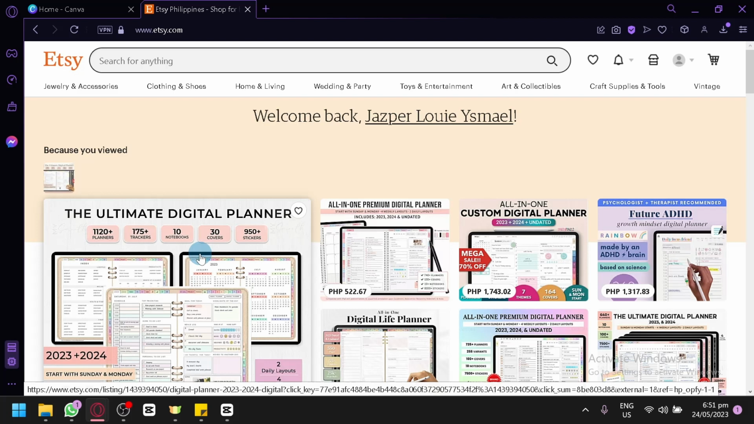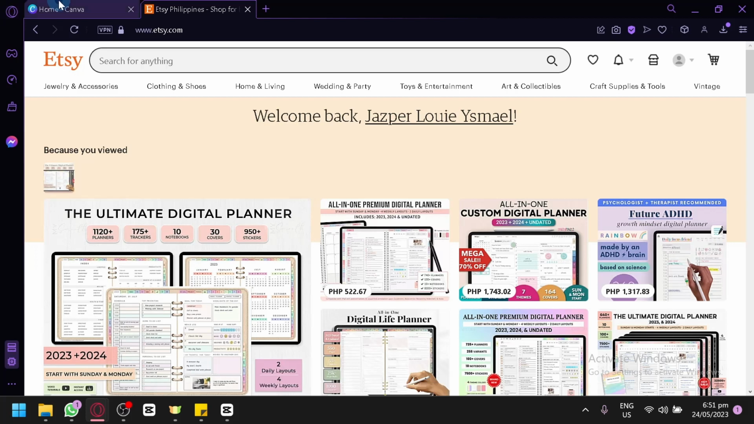In this guide, we will walk you through the process of creating printables in Canva to sell on Etsy. We'll cover everything from selecting the right template or starting from scratch. And so let's begin. Now the first thing you're going to do is of course go to Canva, and then